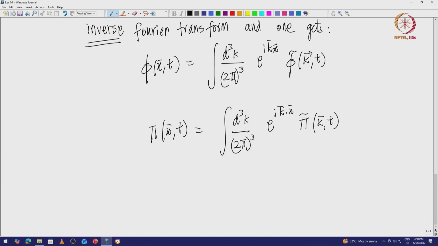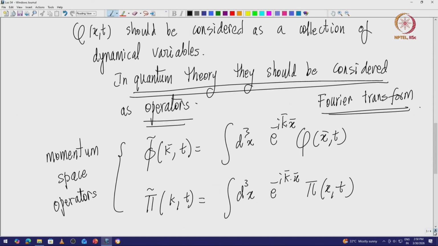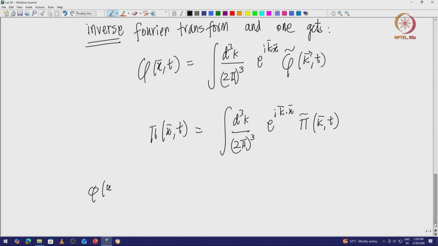Now, what we have is there are some interesting relations you can think of, like for example pi of x, t. I had to be careful with my notation. I am introducing phi and pi interchangeably. I hope I am doing it correct. Okay, here it is fine. I have to be careful with my notation. So pi of